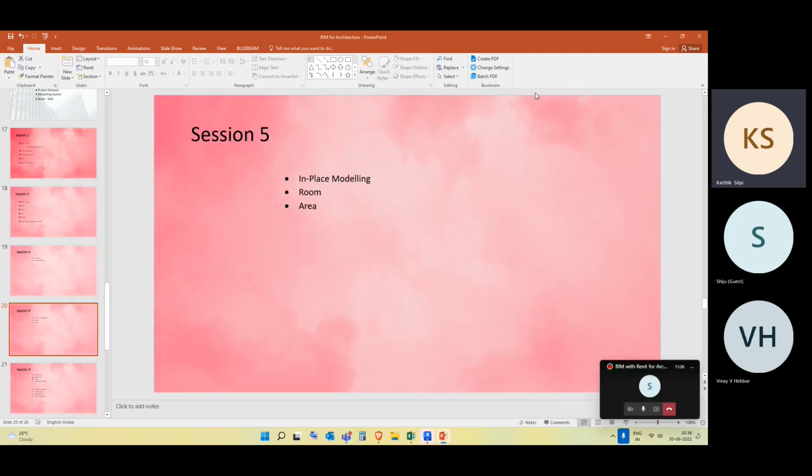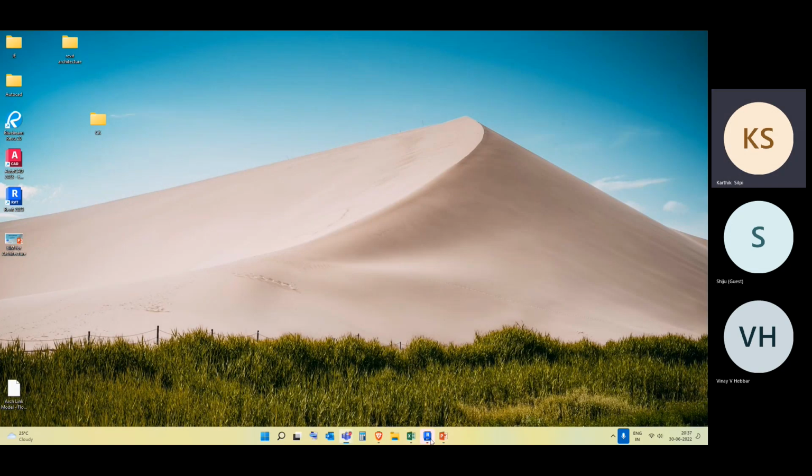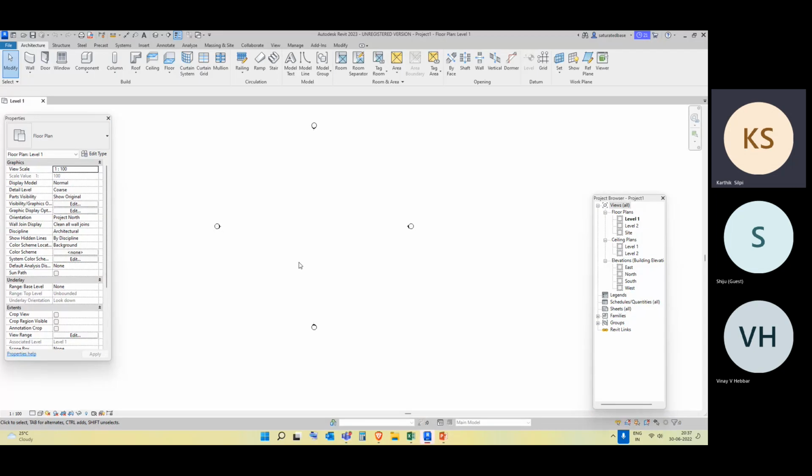Before that, let's start today's session. So today we'll see three concepts: in place modeling, room and area, how to create a room in the building, and also how to calculate the area of the particular building. So before that, let's move to our template. This is our drawing area. And last session we've seen how to create ceilings and also how to create railings. Now let's say we have a